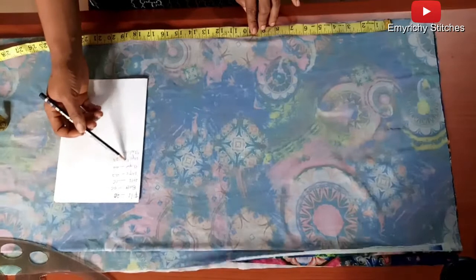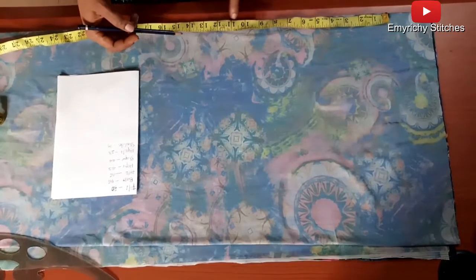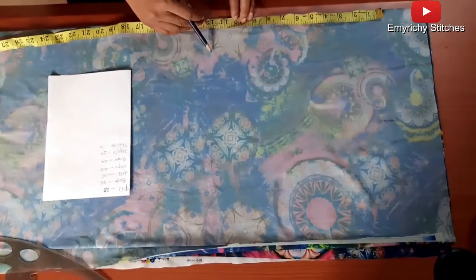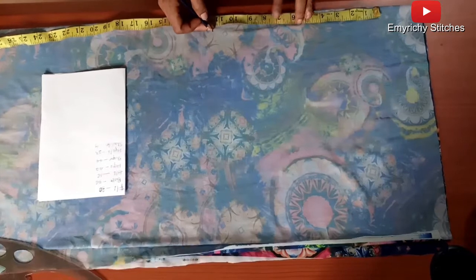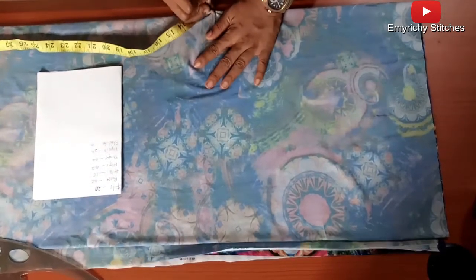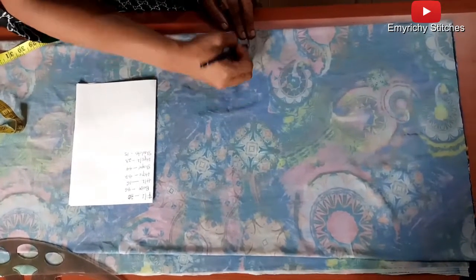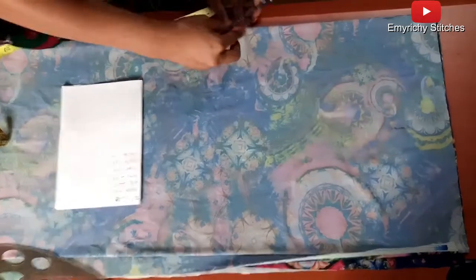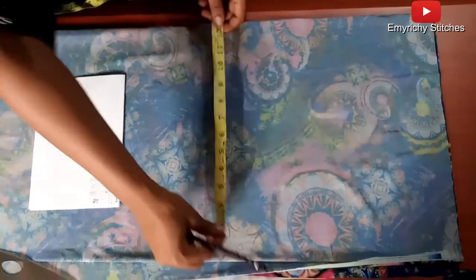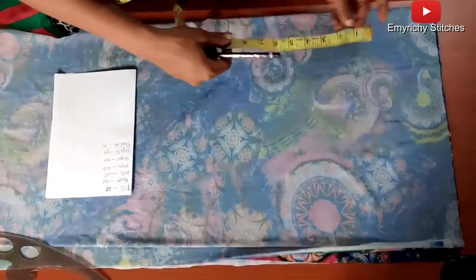The bust here, her bust here is 46. And if I should divide 46 by 4, I'm going to have 11.5. So in this case, I'm going to take 11, so that she can have ease in wearing. I'm taking 11 here. I'm marking out 11. Pencil itself is giving us issues. Okay,